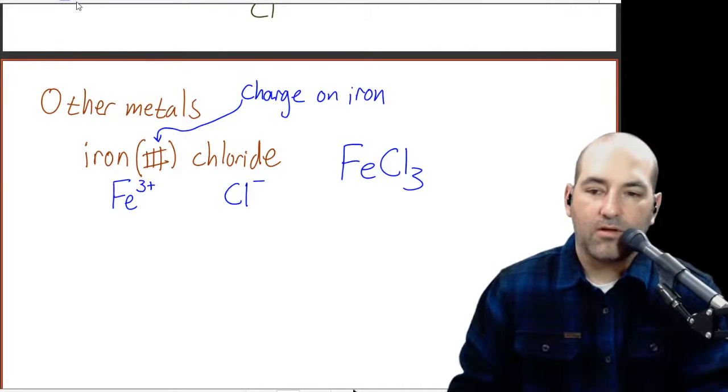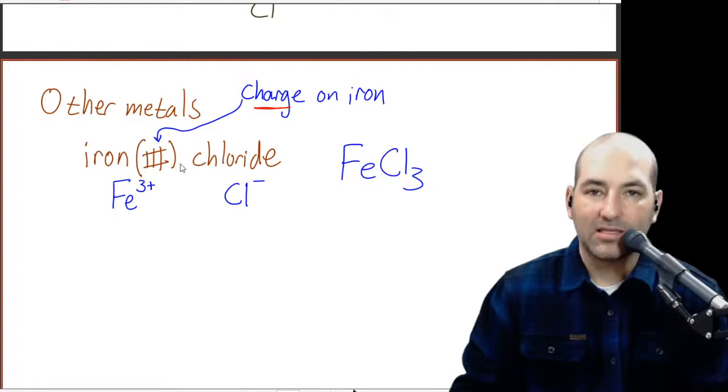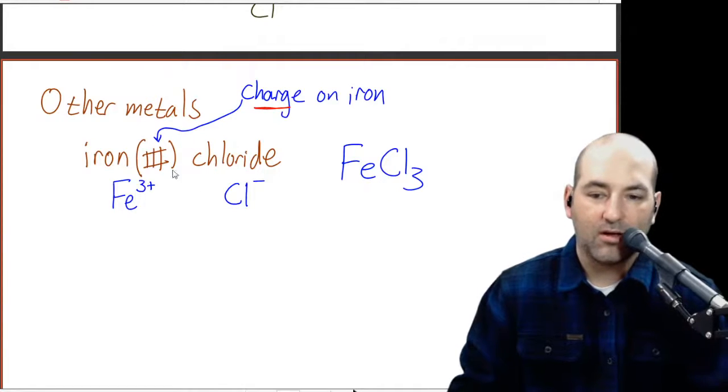Now the most confusing part about this, the thing that I see wrong most, is people mistaking this number for the subscript. The subscript here, notice, is 1. It's not 3. The 3 in parentheses gives us the charge on the ion, not the subscript in the formula, because depending on what the other element is, that subscript could change. So for example,